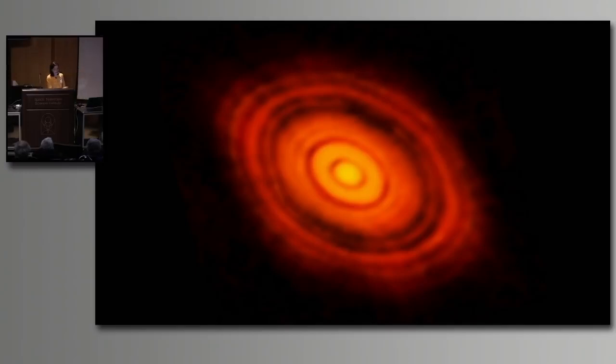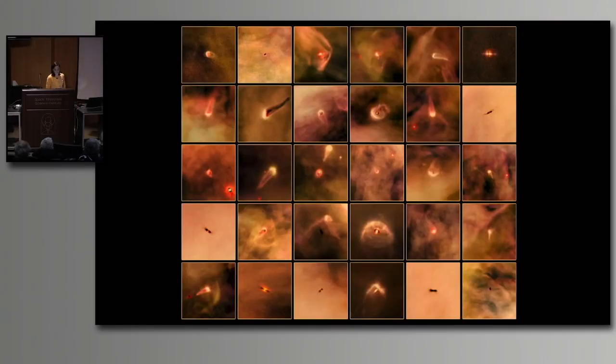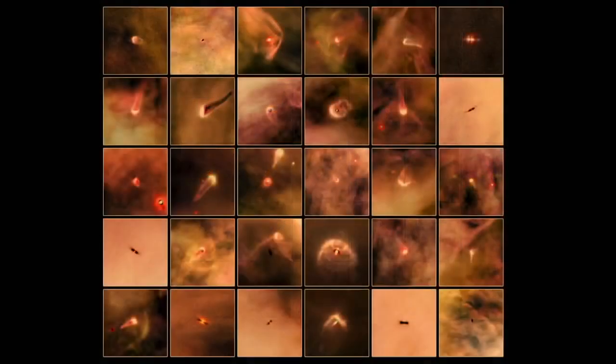And this is a disk where the large planets have likely formed already, have begun to accrete the gas in the disk. So these dark areas are all the gas-depleted regions in the disk that have already accreted into the atmosphere of the forming planets. And here is a family photo of baby planetary systems being born. So here it's like, oh, they're babies. Some of them are face-on. Some of them are edge-on, and some of them have this cometary elongated shape because they happen to be very close to a very massive star that is blowing away with its strong wind some of the material in the disk.